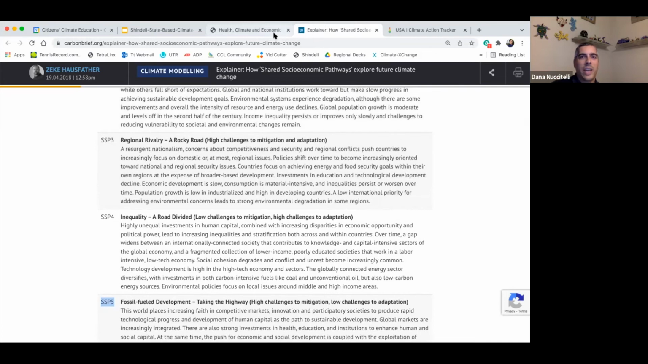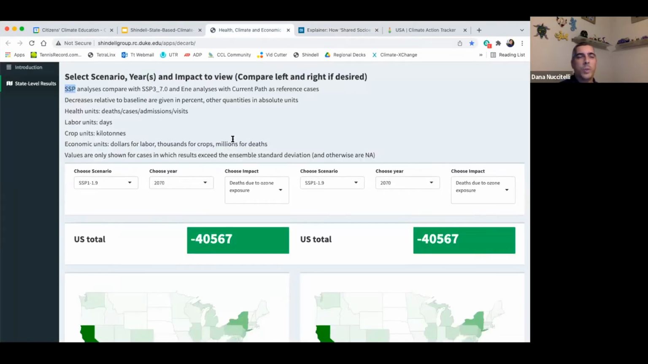So that's just the SSPs. Again, that's not super important to understand. In these scenarios, there are two aspects. There's the SSPs, and then there's a number after them. And the number after them is